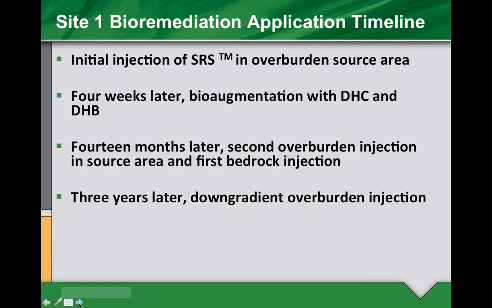SRS is an emulsified vegetable oil. It also has lactate as a fast-acting carbon source, and it includes B12 along with other nutrients. When we applied SRS in a bedrock application, it was custom prepared with a larger droplet size for us. We monitored our site conditions, and once our redox potential was sufficiently negative, we followed